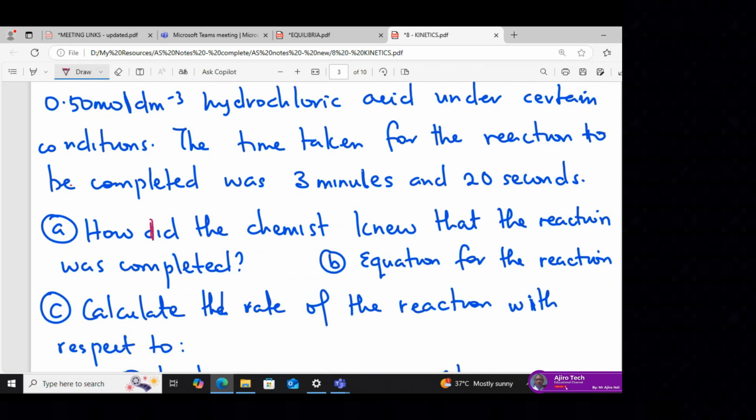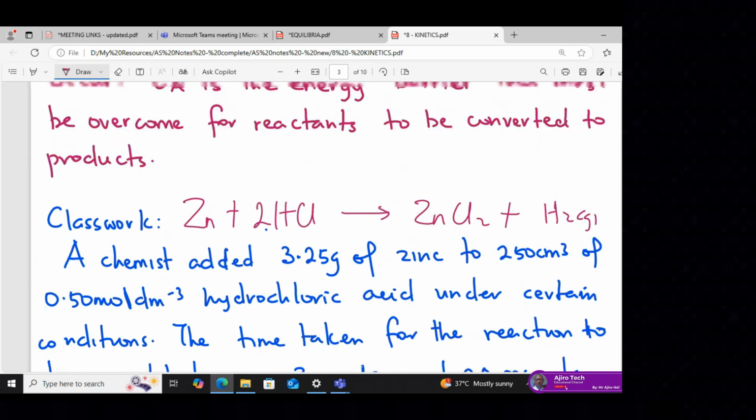Equation for the reaction. That's just this. Zinc is always 2 plus. It behaves like a group 2 element. Is that okay? So zinc